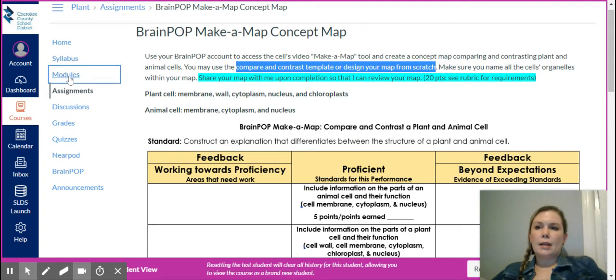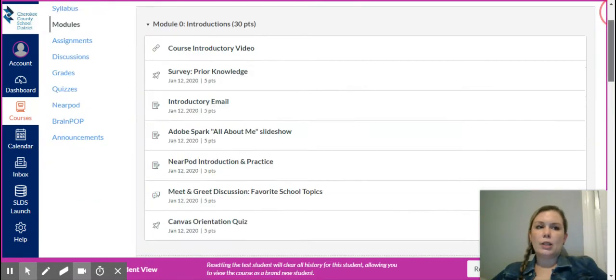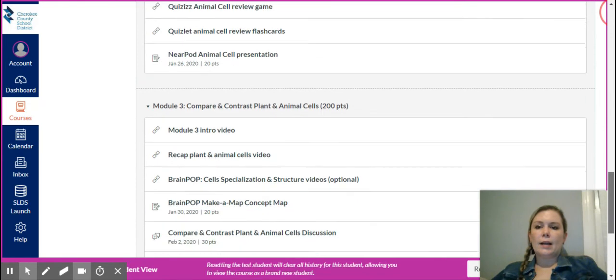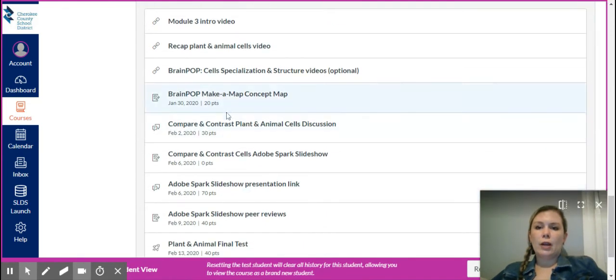I'm going to, at this point now, go back to Module 3 on the module page. And just to point out that the Make a Map assignment is due on January 30th and is worth 20 points. The next feature will be a discussion post, and I am not going to go into that in any more detail